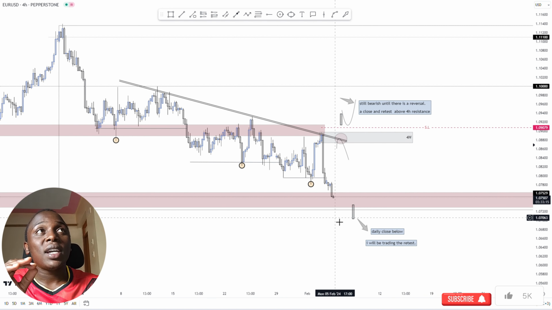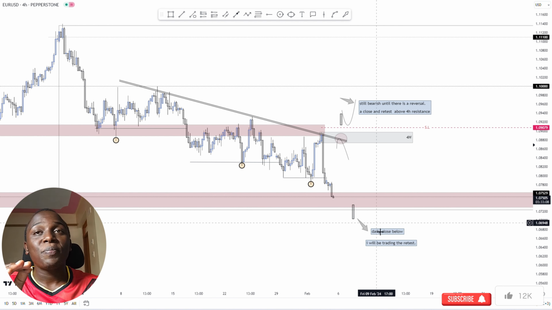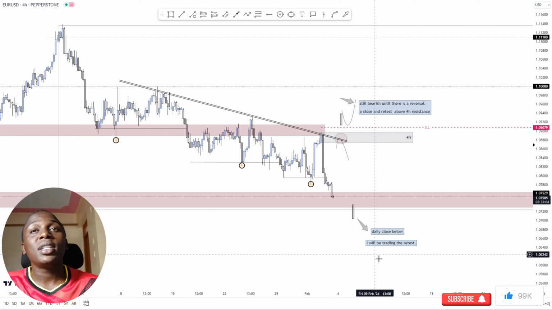Or if I don't see a clear entry, I will just wait for a retest to happen successfully, and then I can look to take a short trade using the supply zone formed by the new structure below the point